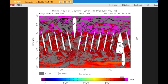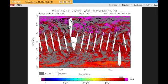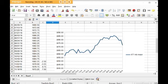So this kind of correlates to the 500 millibar that we saw on CAMS, where we saw it gathering over this northern part. In the afternoon, we have some missing data here in the white areas, and the mean was 1882 and the highest reading was 2508, so that was a little higher. Here's the METOP-2 satellite in the morning. The mean was 1862 and the highest was 2360, so that's quite a bit lower. The METOP-2 satellite is traditionally lower than the METOP-1. Now we have a lot of missing data here, but in the afternoon the mean was 1861 and the highest was 2370. So when we plug those into the spreadsheet,